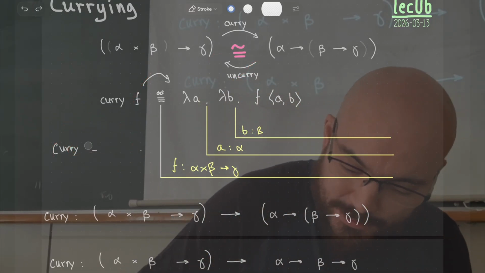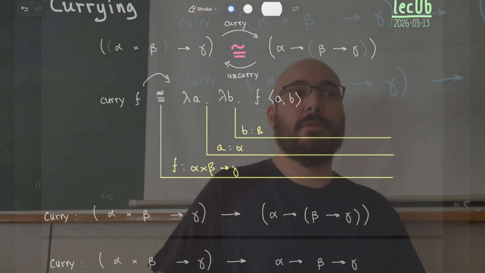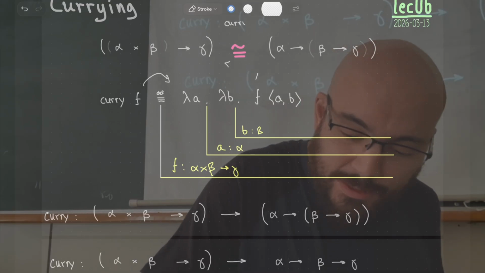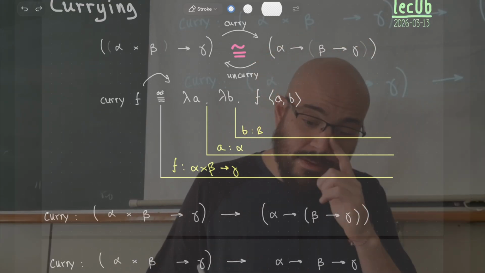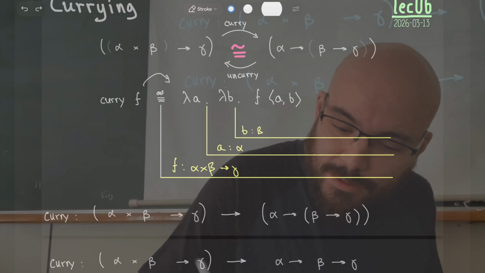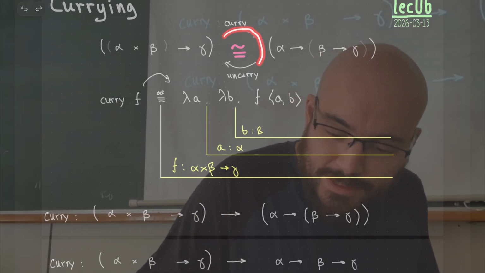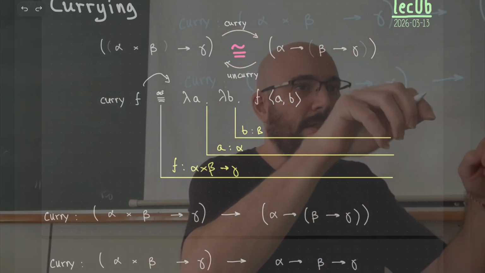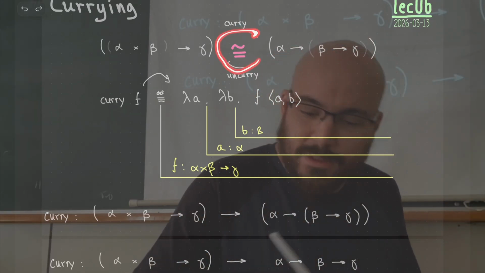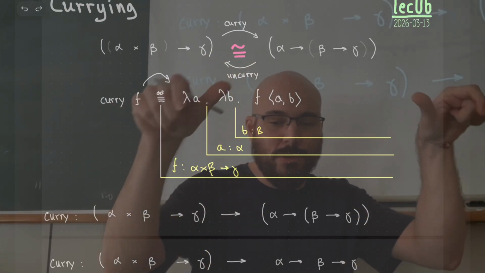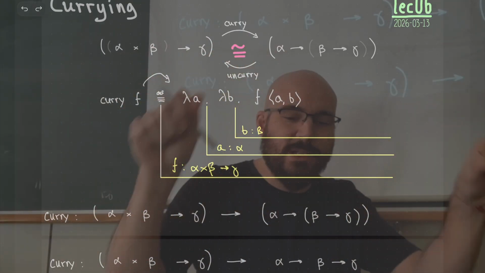Does this make sense? Are we okay with the carry and non-carry? Okay, I haven't finished defending that this is actually an isomorphism, and I will not do it now. But it's a good exercise, and I will assign it as homework. Confirm that this thing ends up where it started, and confirm that this thing ends up where it started, okay? It's a good exercise because you get to see how you apply lambdas to arguments, you do the substitutions, and